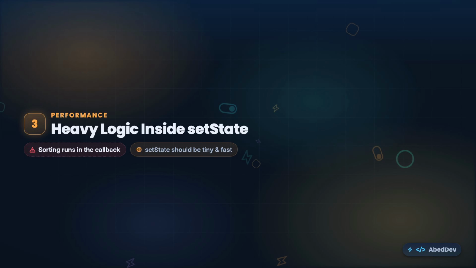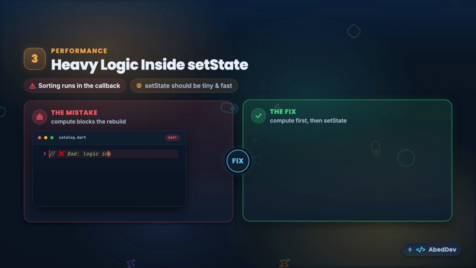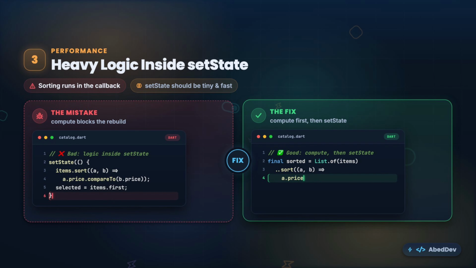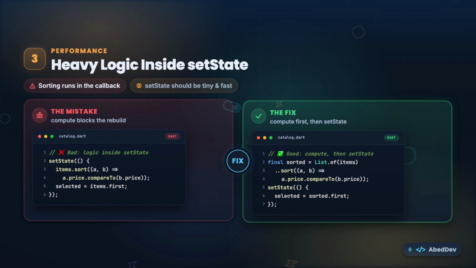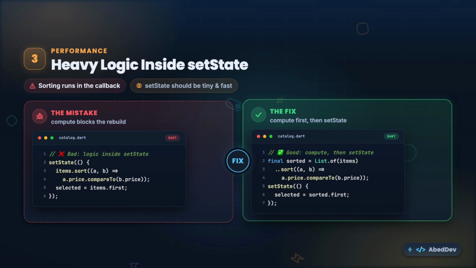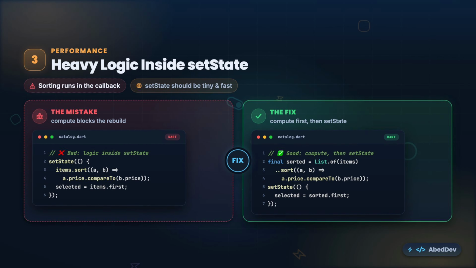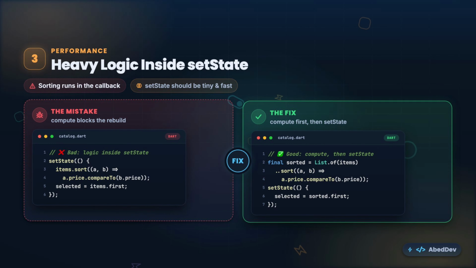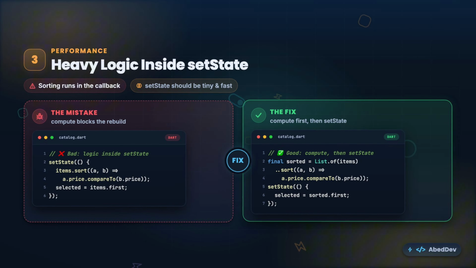Number 3. Doing heavy work inside the setState callback. You drop a sort, a filter, a big loop right into the closure, but setState should be tiny. It exists to flip a flag and schedule a rebuild, nothing more. The fix is simple. Do the expensive compute first into a local variable, then call setState only to assign the